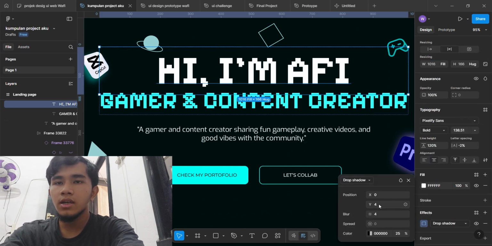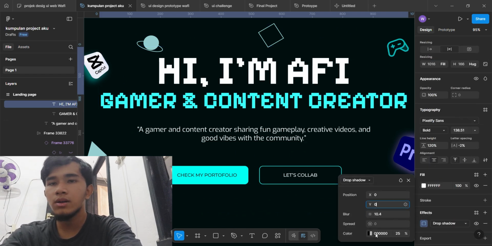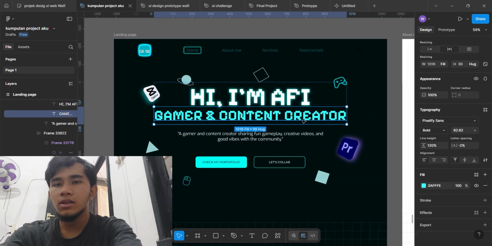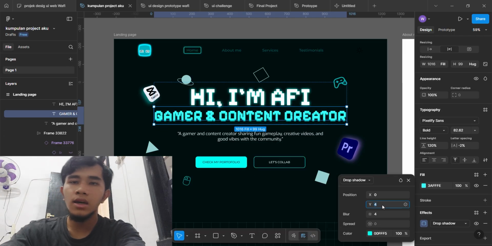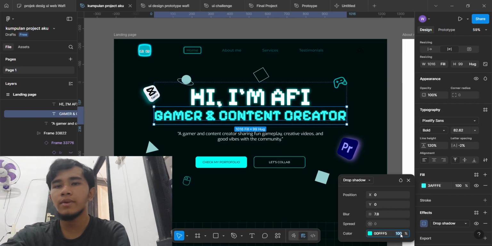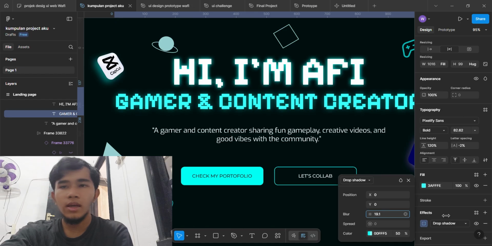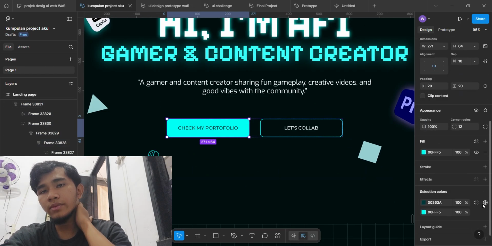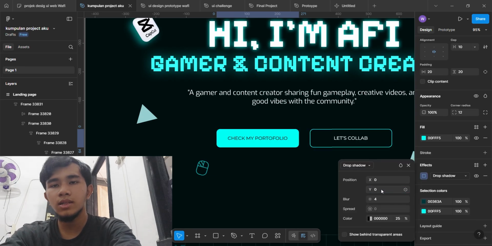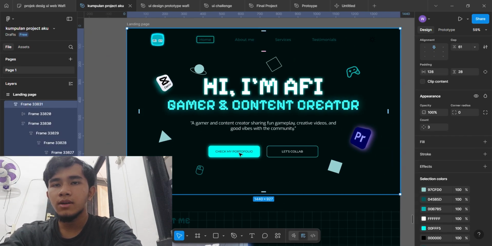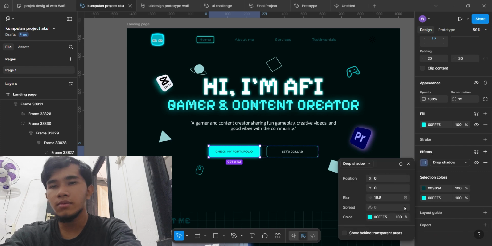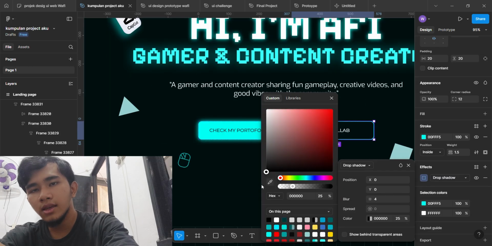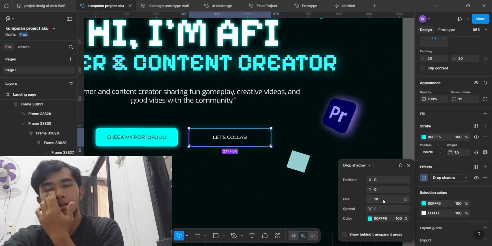On this page, I have added one main button. When this button is clicked, I want it to show three more buttons underneath it. To do that, I'll create an interaction. Select the button, go to the prototype tab again, and choose on click change to another frame that already has those three buttons visible. This way, when the user clicks the main button, the other three buttons will appear as if they just popped up, and that's it.